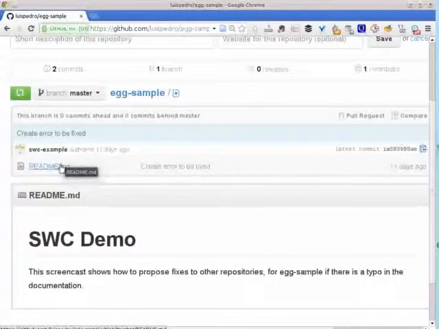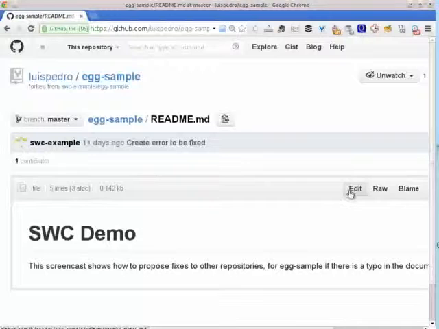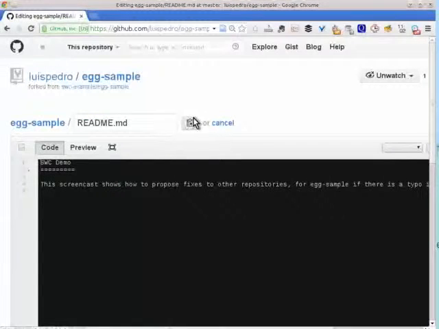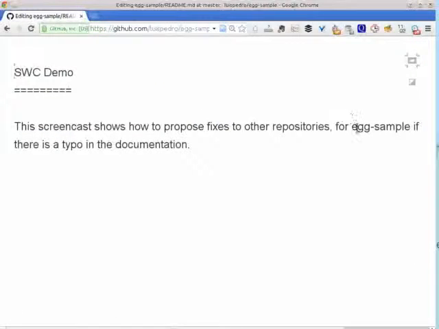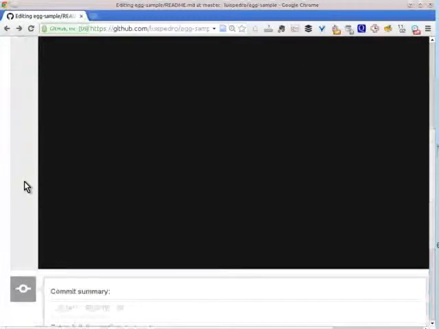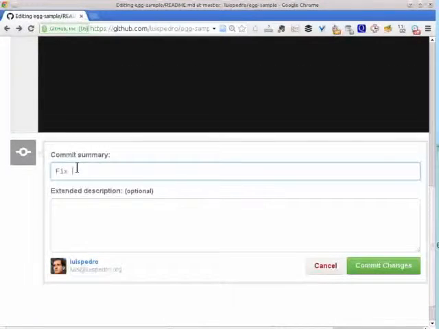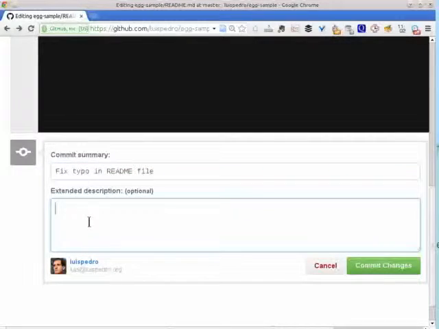So I go to the offending file, and now I can edit. There's a little edit button. I can directly edit. And I'm going to edit in Zen mode, which basically just means it's a full screen editor. Okay, this is fine. I am going to exit Zen mode. Scroll down. This is the commit message for Git. Okay, and here it's very short, so I'm not going to write very much, but I can just commit the